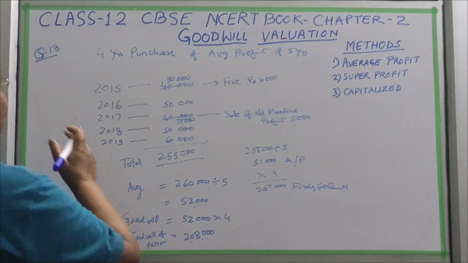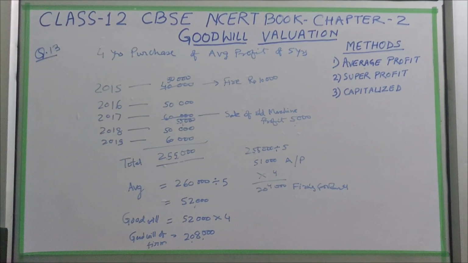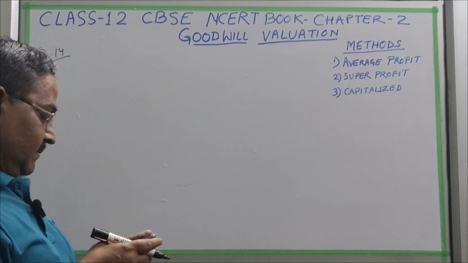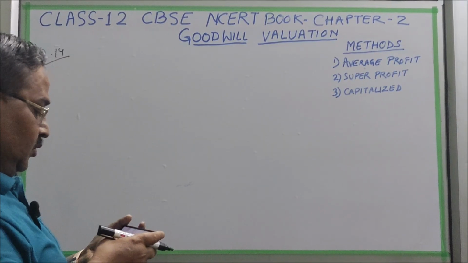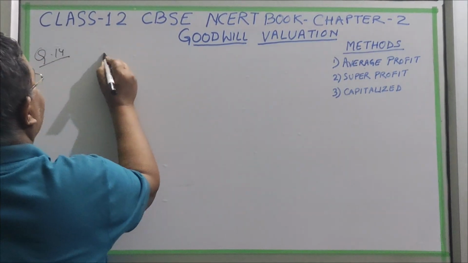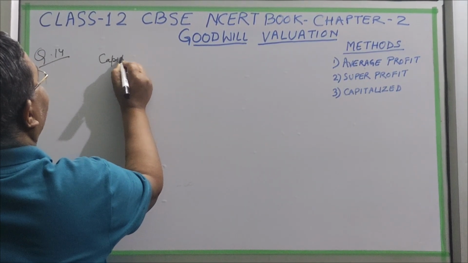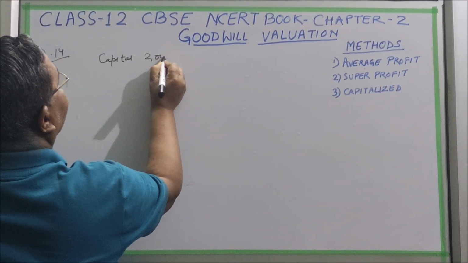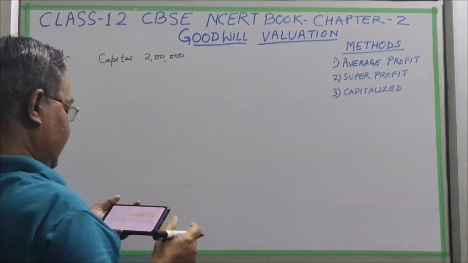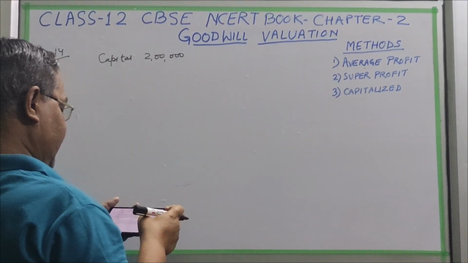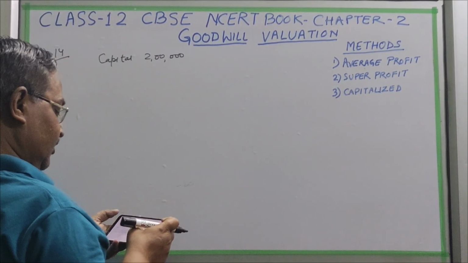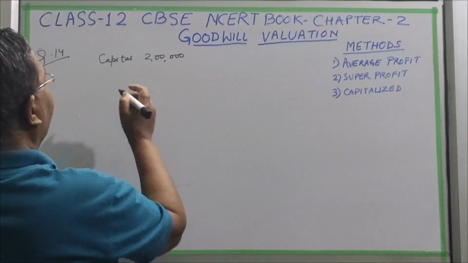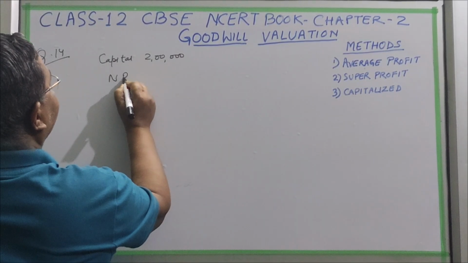Now we are going to the next question. Question number 40. Firm's capital in a business is 2 lakhs. Now we are going to super profit, the second method. The normal rate of return of the firm is